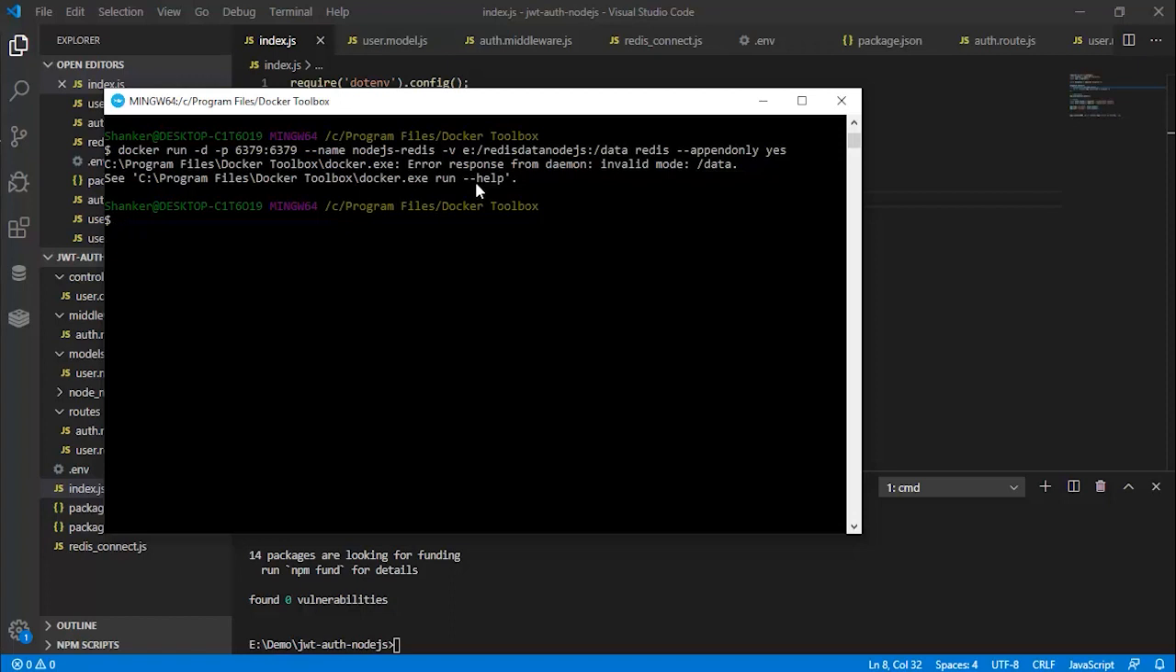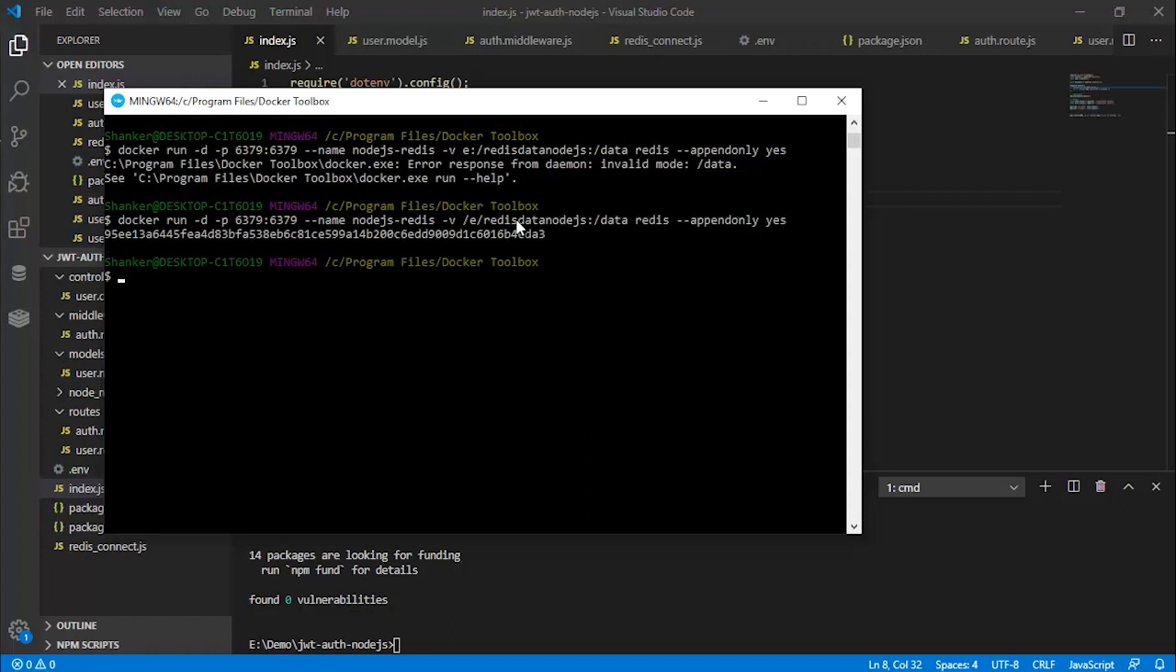So maybe this is the reason for that, because sometimes it has this way, and yes, it has started. So if I just write docker